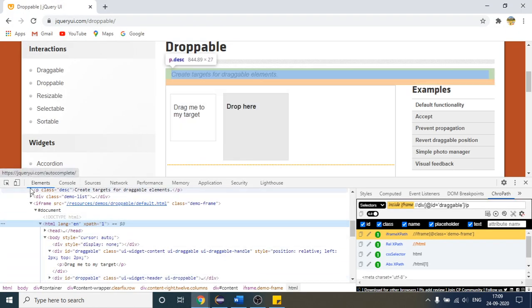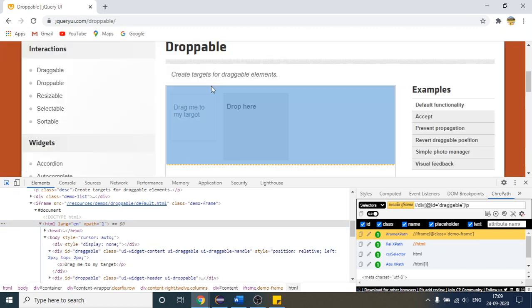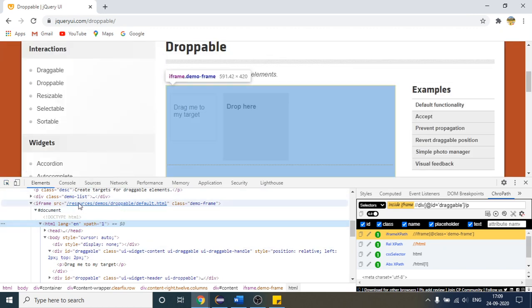So how will we provide it? Let me open this again. Okay, so this is our frame. If I inspect it again, this is our frame, right? I hope you are able to see that it is highlighting the entire box, which is our frame. So I can write one XPath or one CSS for it, or you can use the class selector as well, by class name. Here I will use CSS selector.